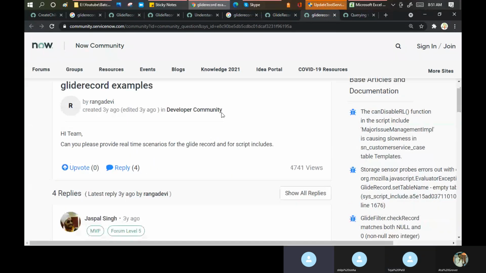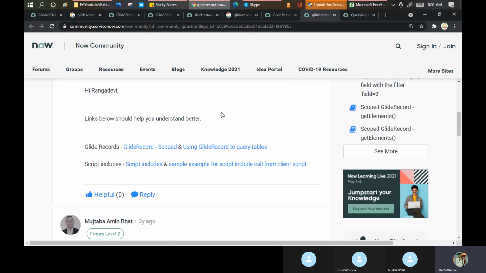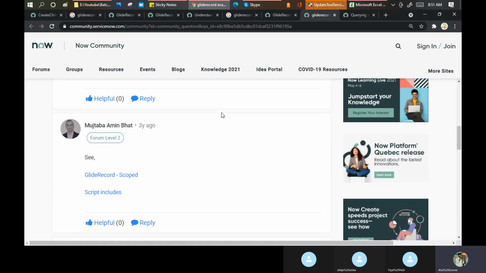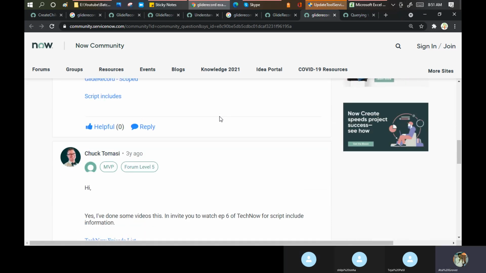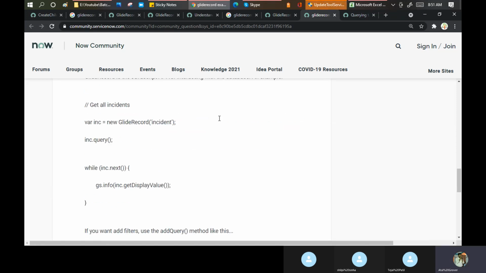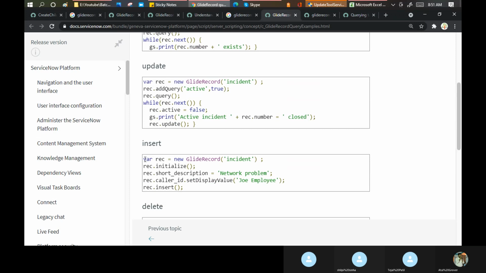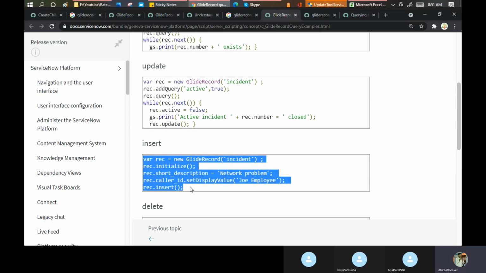Yes, sir. In short, these are required when you are doing the development work. In pure development, it's definitely required. You cannot save yourself without reading about the glide records. Okay. So maybe you can see how I can use this code somewhere, and then try to run that part. It can be a business rule as well.